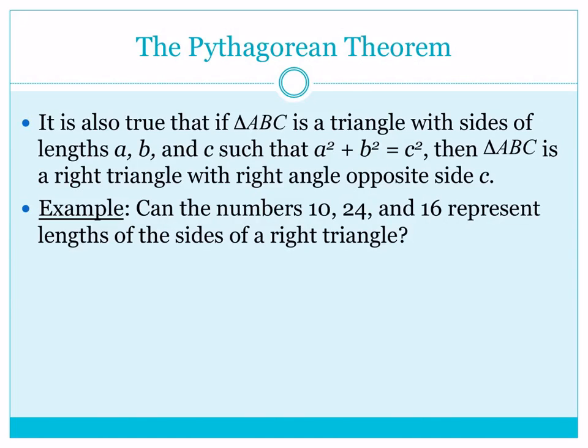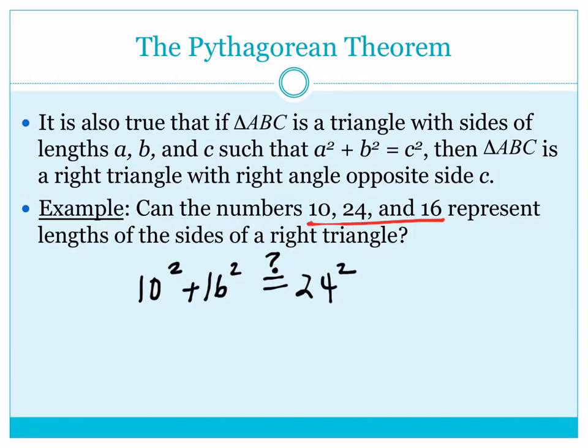So if we're wanting to decide if 3 numbers can represent the sides of a right triangle, we can test them. These are the 3 possible numbers. The 2 smaller ones would have to be a and b. We do not have a choice with that. So it would be 10 squared plus 16 squared. And the question is, does this equal